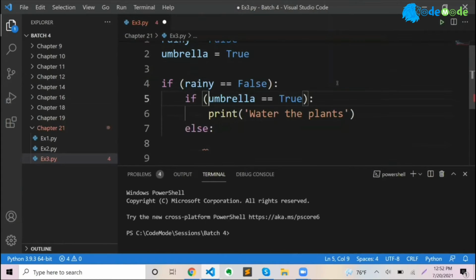Else, it is not raining, that means it's sunny, and I don't have umbrella, right? Then say print stay home. Okay,